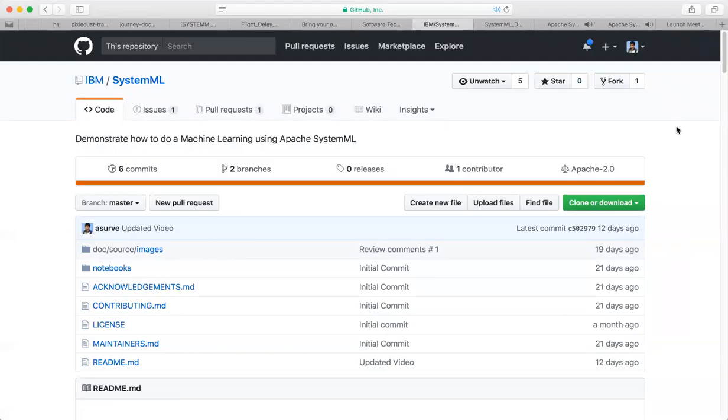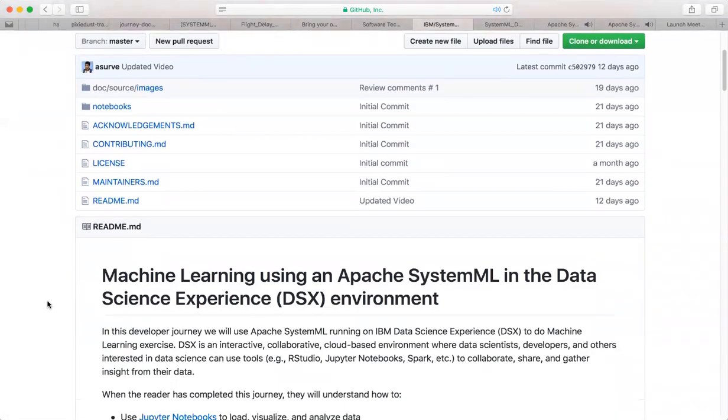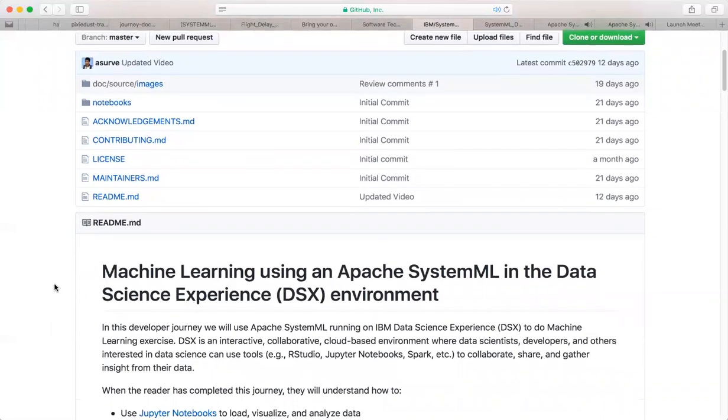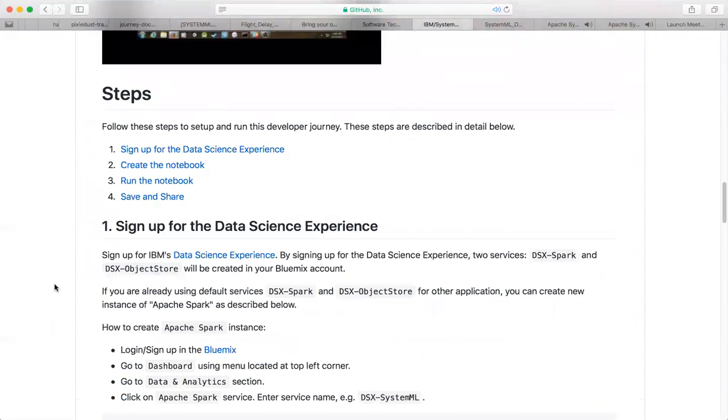Hello, let's discuss how we can use Apache SystemML as a machine learning tool through Jupyter Notebook in the data science experience, the DSX. You are looking at a GitHub repository where this exercise exists. This is the README file which shows all the instructions, starting with how to set up your DSX account or create any new Apache Spark instance if you need to, and import the Jupyter Notebook in the DSX